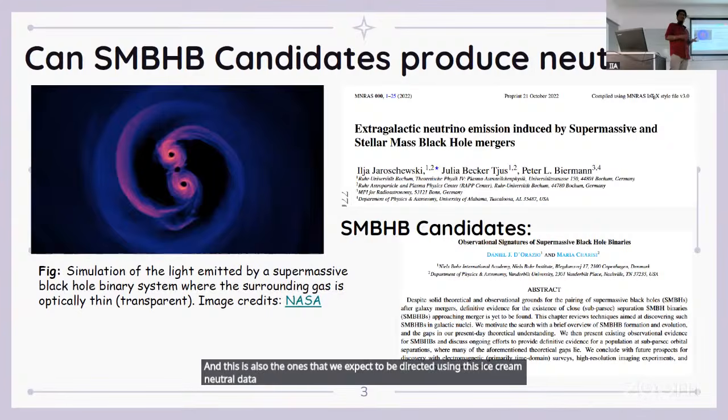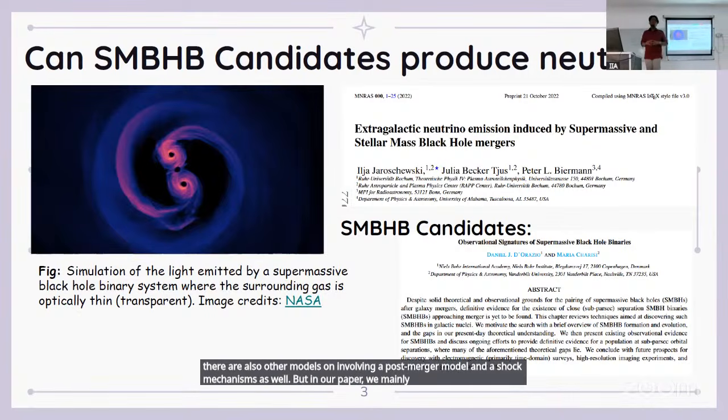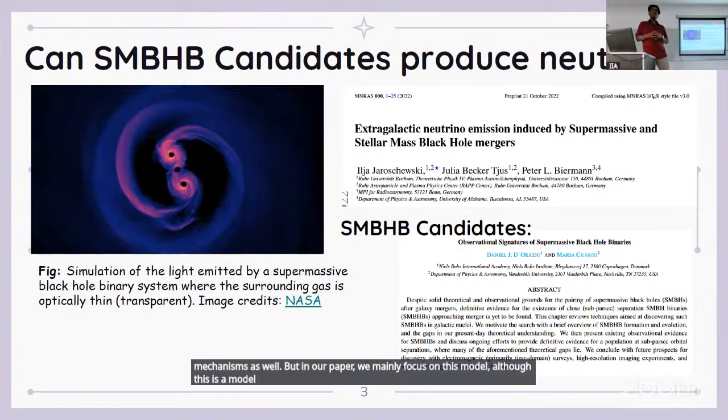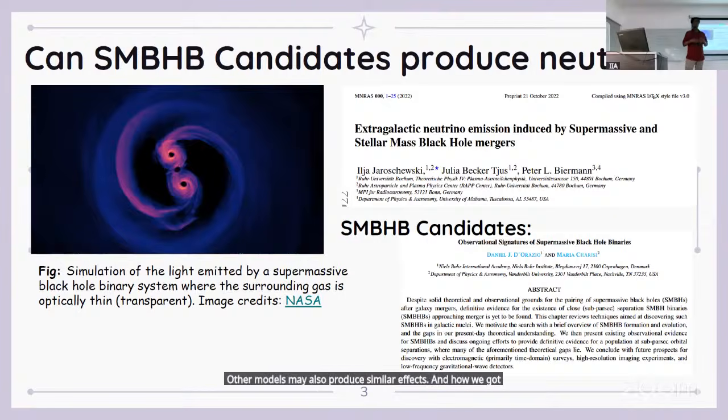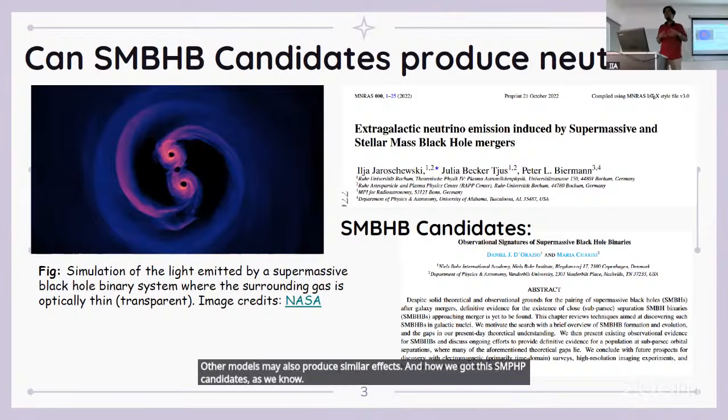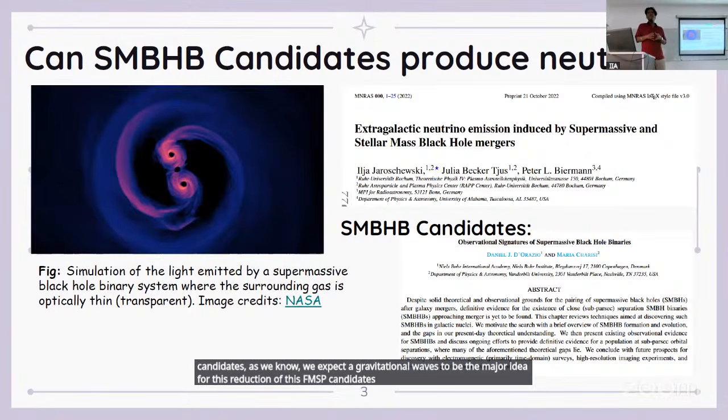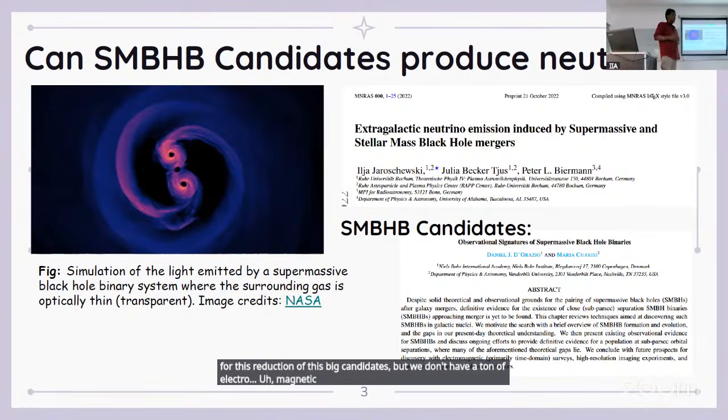Now, there are also other models, one involving a post-merger model and shock mechanisms as well. But in our paper, we mainly focus on this model, although this is a model independent analysis, so other models may also produce similar effects. And as for how we got these SMBHB candidates, we expect gravitational waves to be the major avenue for detecting these candidates, but we don't have that yet, so we rely on electromagnetic indications like spectroscopic, photometric,